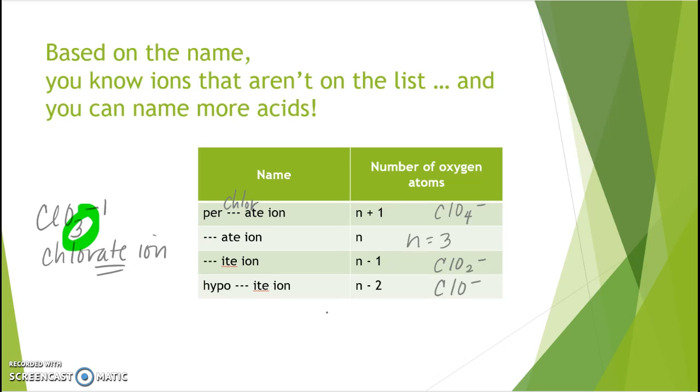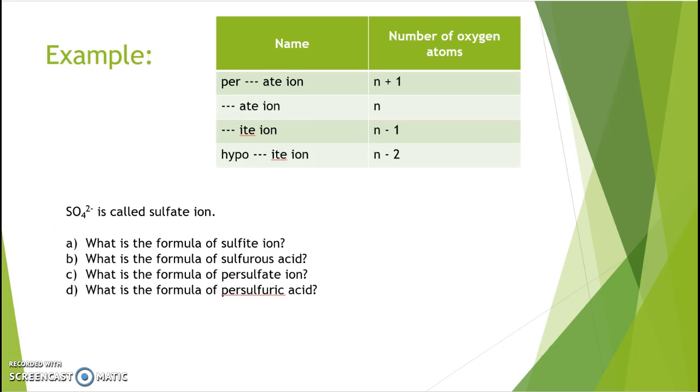So let's try this with one that isn't on the chart. So let's try this one. SO4 2 minus is called sulfate ion. So I want you to answer these 4 questions. So pause the screencast and jot down answers. Just find a space somewhere on page like 115 to do this. Okay, so if sulfate ion